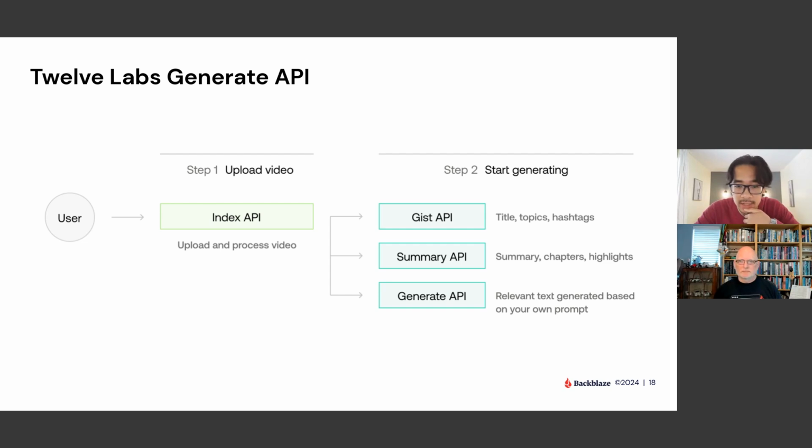And the Generate API allows you to come up with a prompt for a specific format and style, right? So you asked me about some examples of prompts. It can be like, can you generate me bullet points of what's going on in the video? Can you come up with a police report based on the content of this body cam footage? Can you generate creative lyrics based on the content of this music video, right?